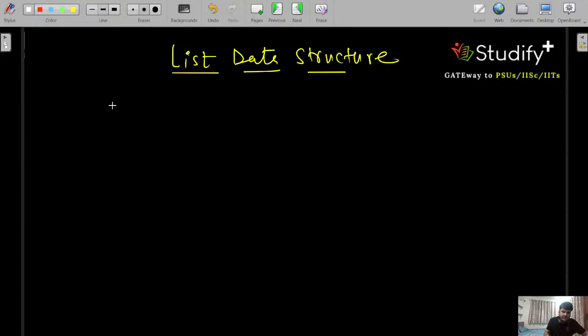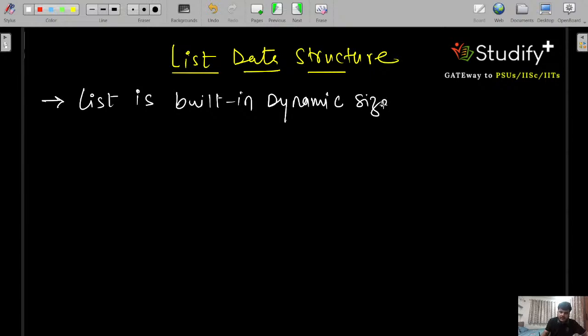So if we talk about the list, then list is a built-in dynamic sized array, right? The meaning of dynamic is that you can change, you can modify the content of this data structure at runtime also. The second point is list